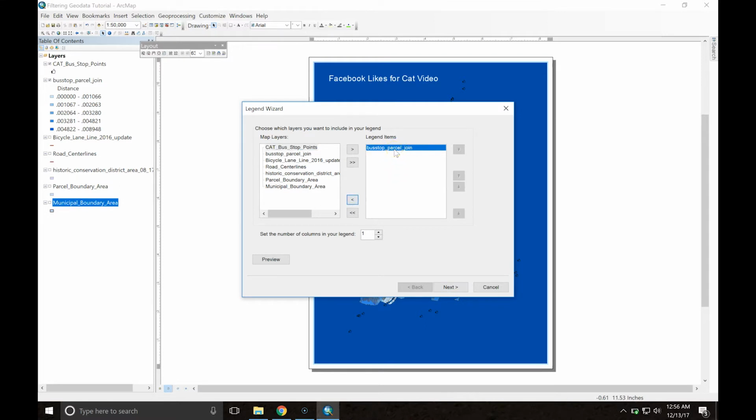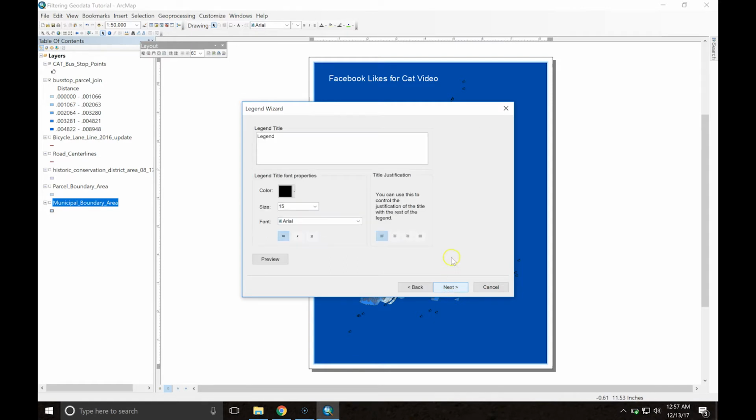This is what our data originally was, which was the distances between the bus stops and the parcels. So I'm sort of acting like this is a Facebook thing, but just for the sake of showing you guys this. But this is the data that we're actually working with. So we can hit next here, and we can create a title for our legend. So we'll just say number of likes,